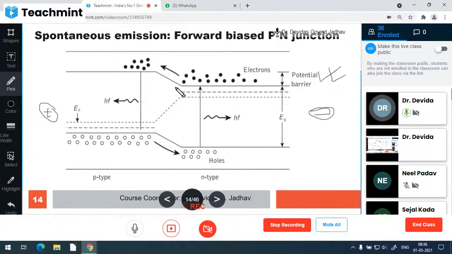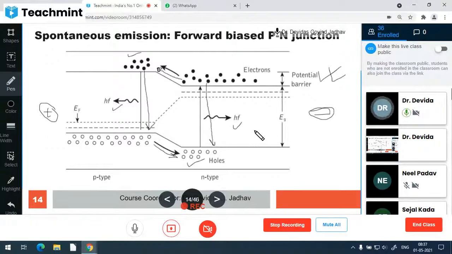So the external battery also provides the energy to overcome the potential barrier to the charge particles. Hence the charge particles can cross the barrier, cross the potential depletion region and go into the other side. So electrons from the N region, in large number, go into the P region, and a large number of holes from the P region go into the N region, and these electrons and holes in the P region as well as holes and electrons in the N region have random recombination by emitting photons.